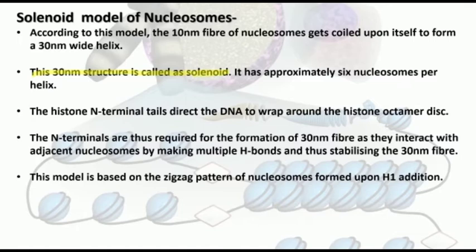The primary chromatin structure, the least packed form, is the 10 nanometer beads on a string form, where DNA is wrapped around nucleosomes at relatively regular intervals. Now, histone H1 protein binds to the site where DNA enters and exits the nucleosome, wrapping 147 base pairs around the histone core and stabilizing the nucleosomes.